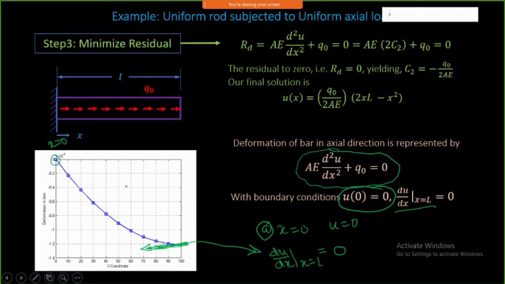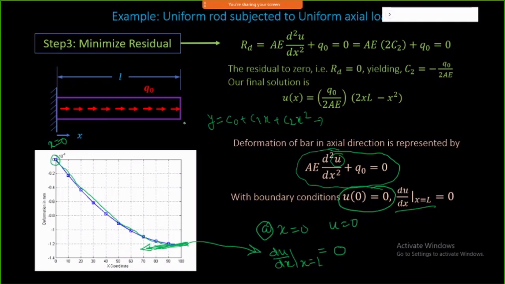This way you can look into your equations. You need to try to correlate with your boundary conditions and your differential equation. Whatever this variation is, it is a second order variation, and you started with your function C0 plus C1x plus C2x square, so this is my second order equation. This behavior you can also observe as a second order equation. This way you can correlate with each other and understand whether the solution we got is correct or wrong.